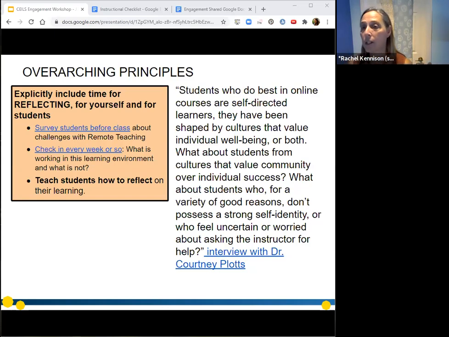It's especially in the remote environment where we can't assume that students know how to self-regulate. In the normal environment, we can't, but especially in the remote environment where time management is such a major issue, and learning how to balance your time and figure out how much time things are going to take in all these different courses, and you're in cyberspace. And so really helping them right from the outset understand the best ways to do that.